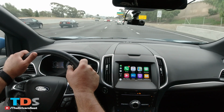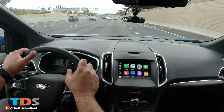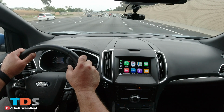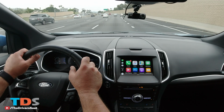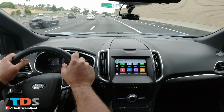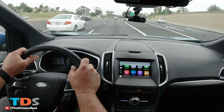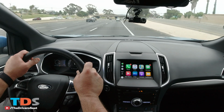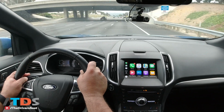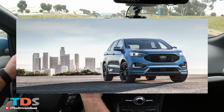Now, last week we had the Titanium, which is kind of the upper echelon of the luxury Ford Edge, and again, $48,000 price tag. Also, didn't feel it was worth more than 40 at most, and that had the base engine, so a lot less power, but same concept. Again, I just think they're completely out of touch. And if you're set on buying one, great. But make sure you negotiate one hell of a deal,